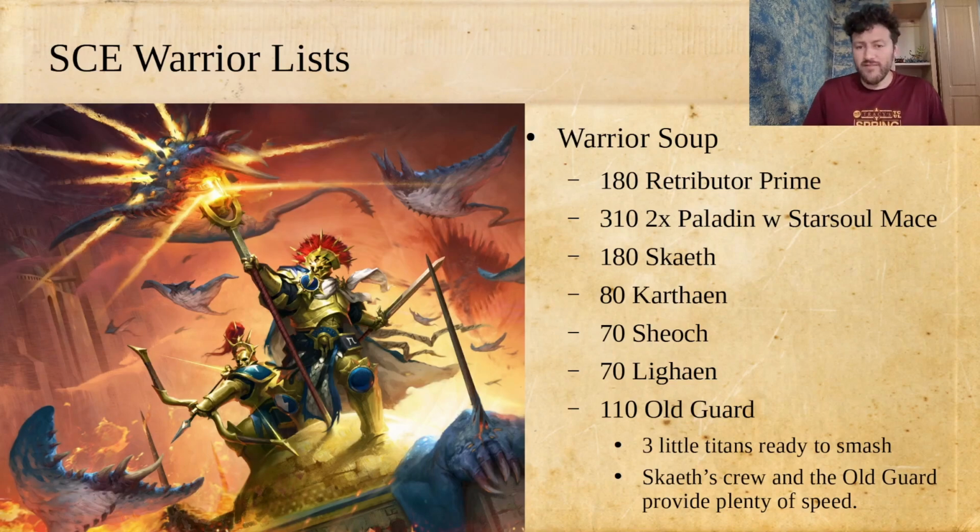Then 2 Paladins with Starsoul Mace, Skaith, Khaine, Shiok, Khaine. This is the Skaith's Wild Hunt Underworlds team, and they're great. Skaith is movement 8, can throw his javelin 8 inches, is kind of tougher to kill than he should be, using the old algorithm that doesn't necessarily